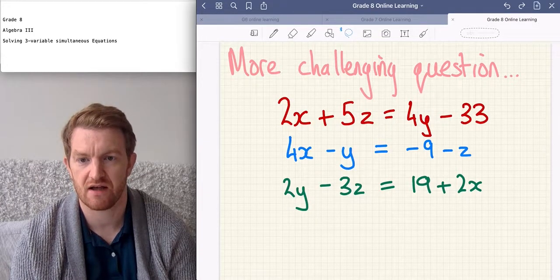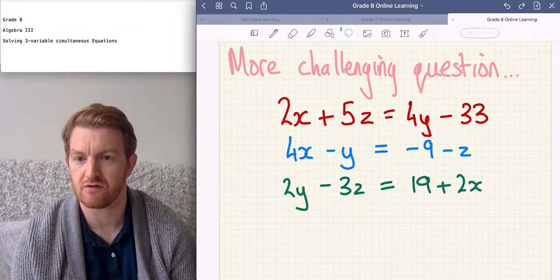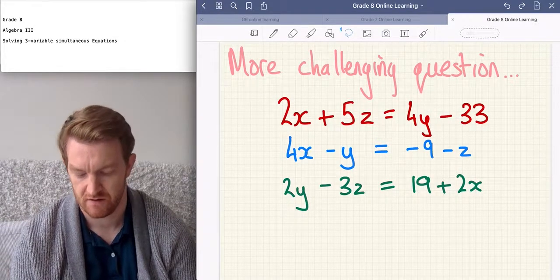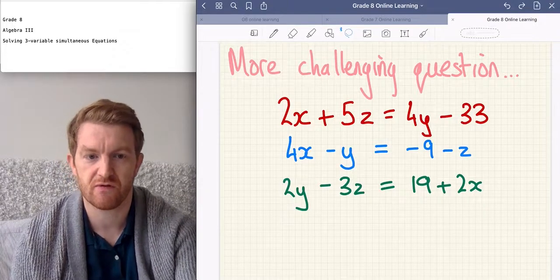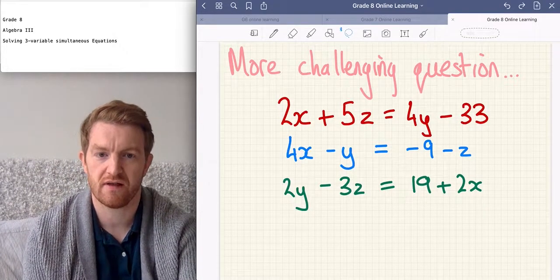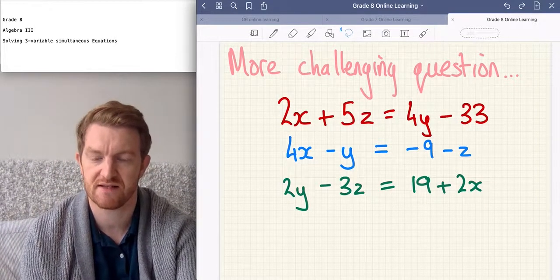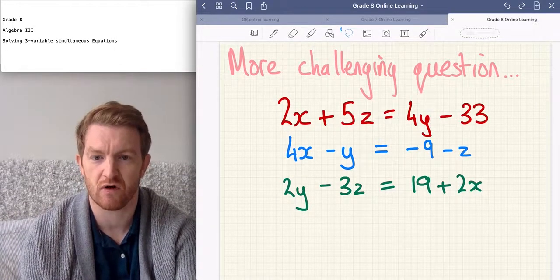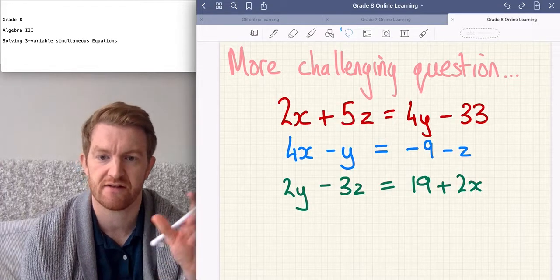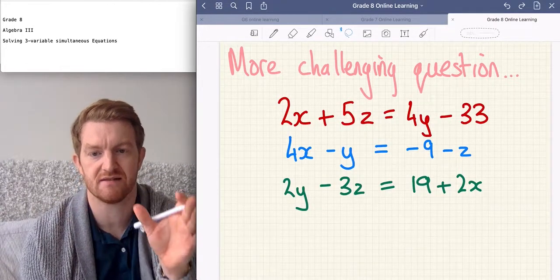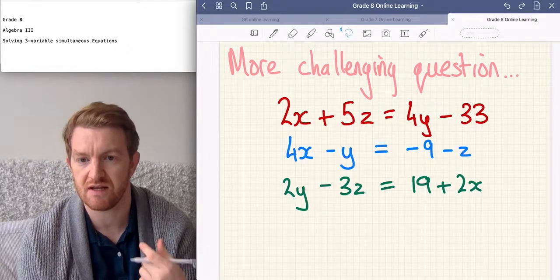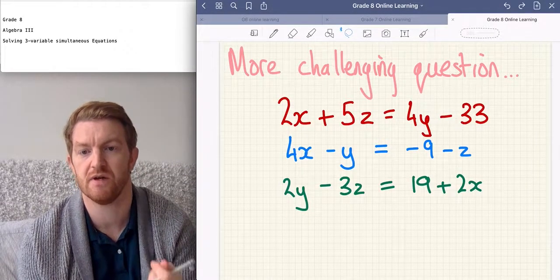Feel free to pause now and have a go, and then you can always play again and follow the solution through. Now you'll notice in this question that we've got a slightly different format. We've got x's and z's, x's and y's and z's on the left, and then we've got variables and numbers on the right. We've got like a more balance. We've got 2 terms on the left, 2 terms on the right instead of x's, y's and z's. So it's a little bit more challenging, but we can still use elimination and substitution method in tandem to solve